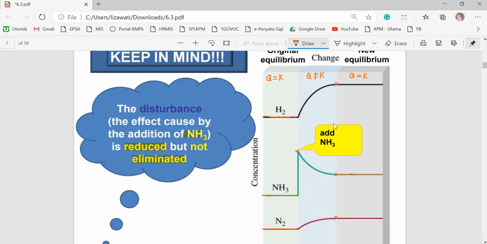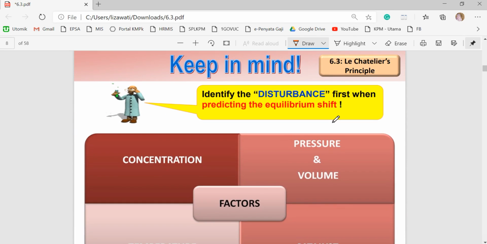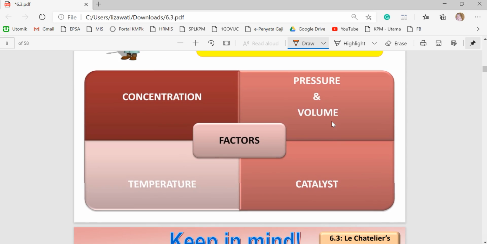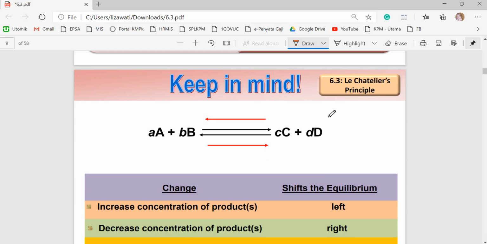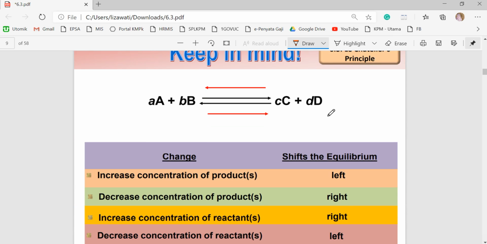Next, identify the disturbance first when predicting the equilibrium shift. We have four factors: concentration, which we already discussed, temperature, pressure and volume, and catalyst. As a conclusion,